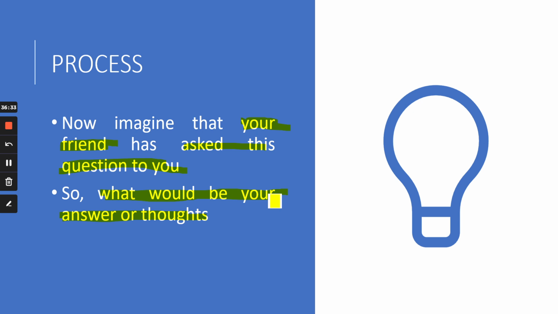So just do this. I do this. I imagine myself with my best friends in a nice pub, in a nice bar, in a nice shack, having lots of drinks and great food, of course. And my friend suddenly asks me, Acha Ganesh, tell me one thing. Then what will be my answer? Trust me, whenever a friend asks anything, we give the most simple and straightforward answer. And that's what I want for my IELTS writing. I want ideas that are very simple and straightforward, because only then can I develop them. All right? Cool.